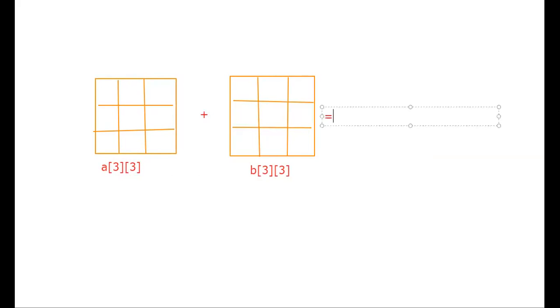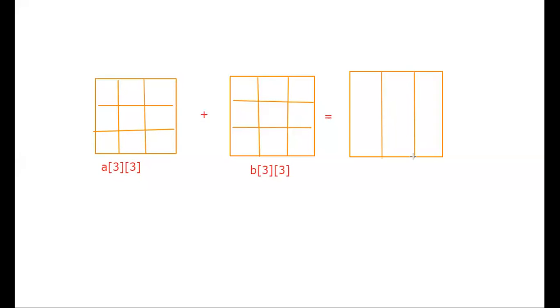By default, the addition is stored in the third array. So how are you going to display the data? The output matrix is again in the form of 3 by 3. I will show you how it actually works. So again the output is in the form of 3 by 3. So this is our output matrix, C of 3.